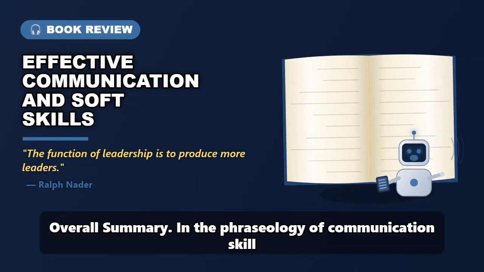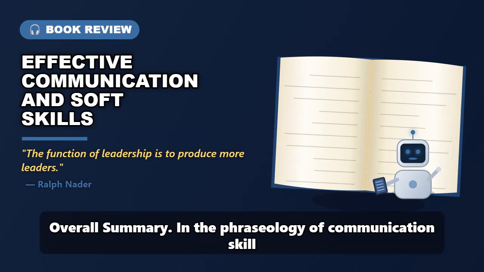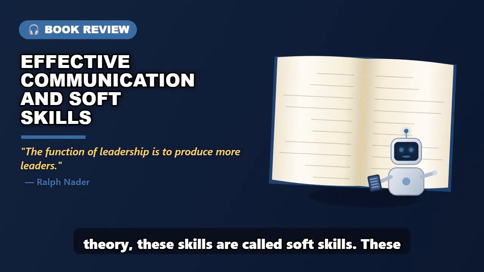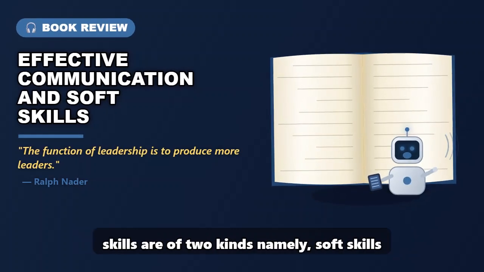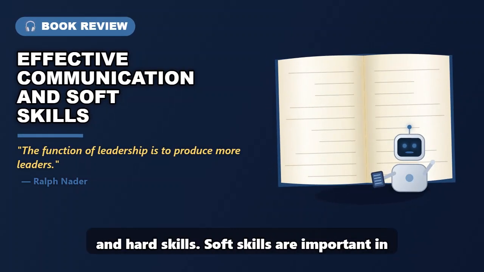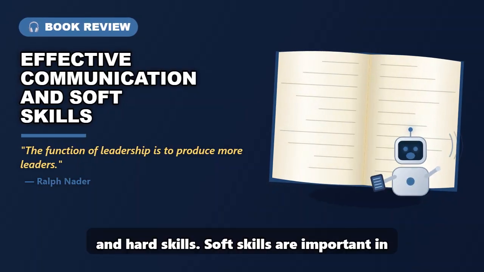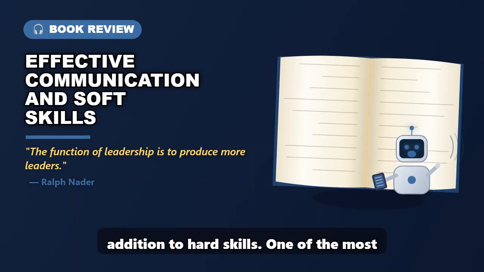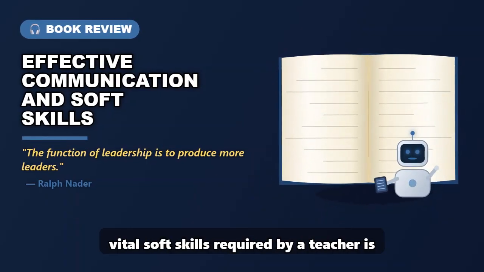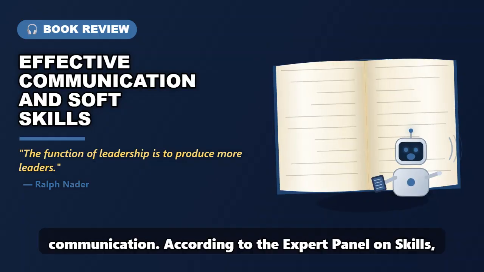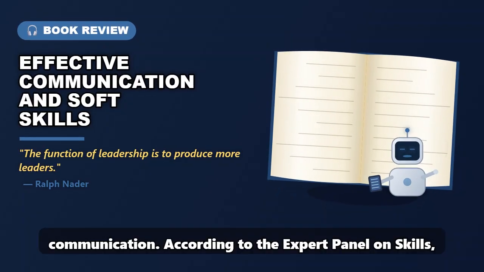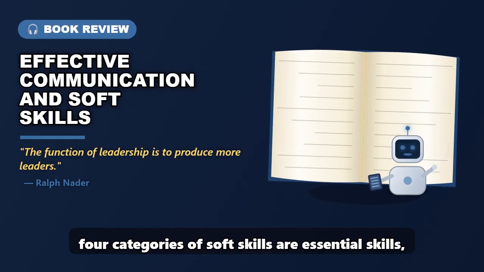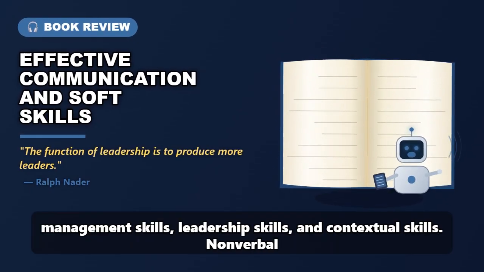Overall summary. In the phraseology of communication skill theory, these skills are called soft skills. These skills are of two kinds, namely, soft skills and hard skills. Soft skills are important in addition to hard skills. One of the most vital soft skills required by a teacher is communication. According to the expert panel on skills, 4 categories of soft skills are essential skills, management skills, leadership skills, and